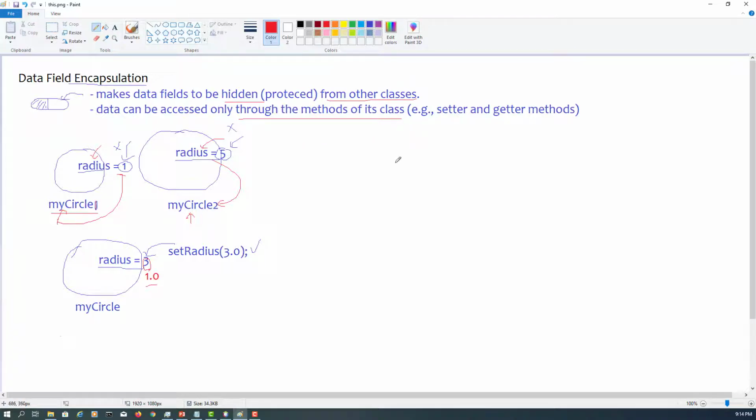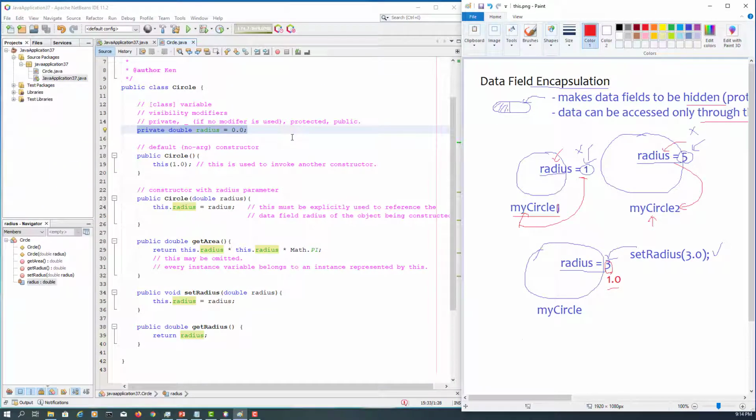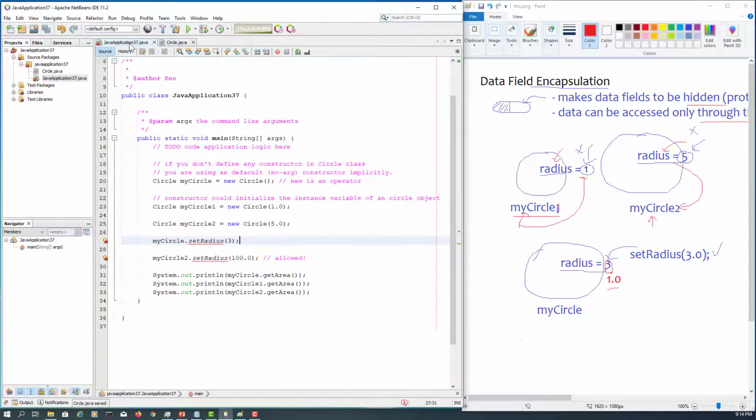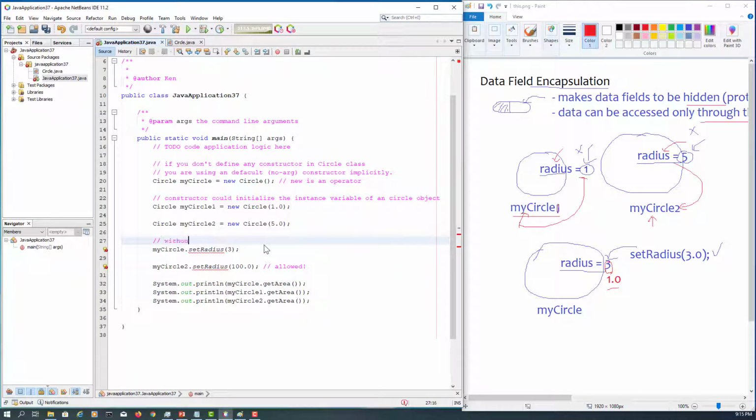So let's look at here. What if we don't have these methods at all? That means our object become immutable. It means that we won't be able to change the data belongs to that object. So if you're looking at here my circle and my circle 2, without using those two methods called set radius to my circle or set radius to my circle 2, now we have no access to objects value or objects data,